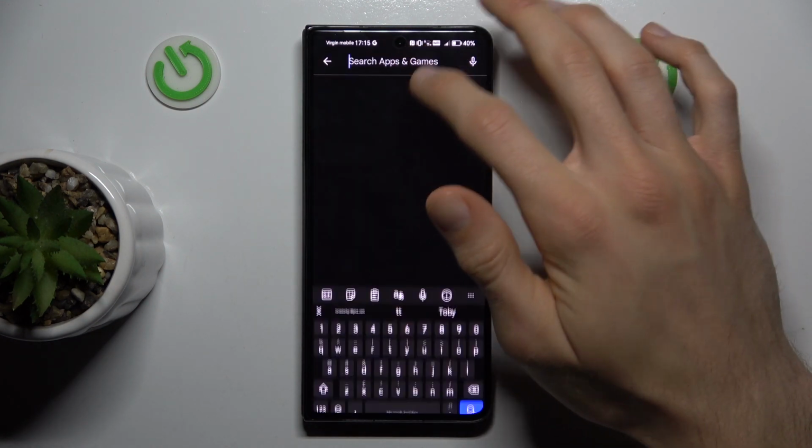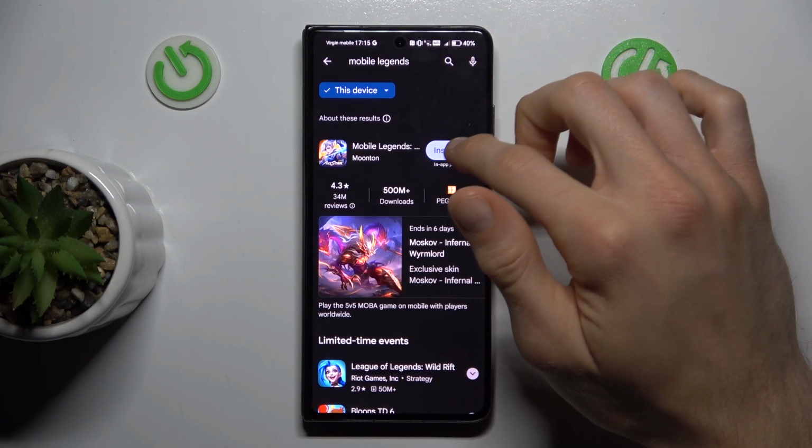And that's all. Now we can go back and try searching for Mobile Legends again and it is visible and